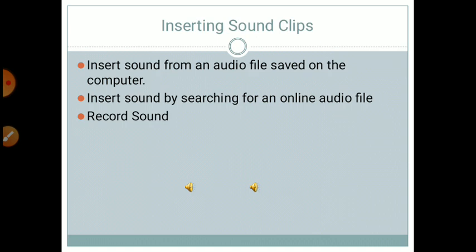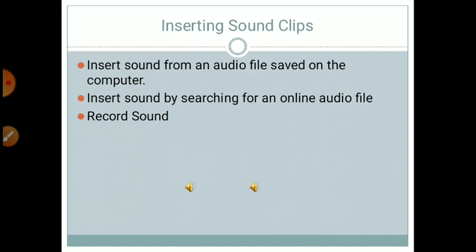Then inserting a sound clip. It means that if we want to add some musical effect. Musical effects can add a completely new dimension to any presentation. PowerPoint allows us to add sound and music to our presentations in the following way.